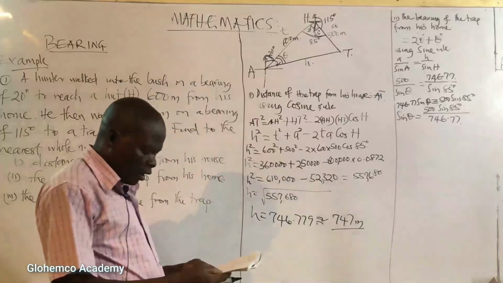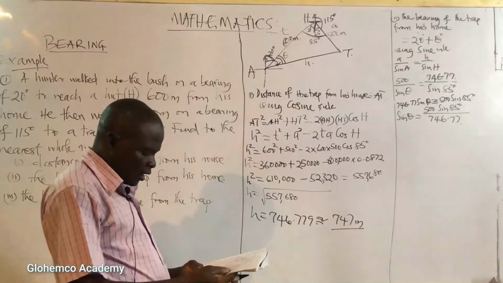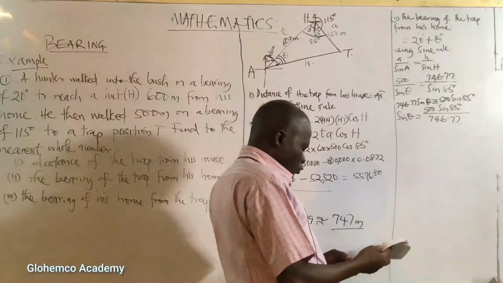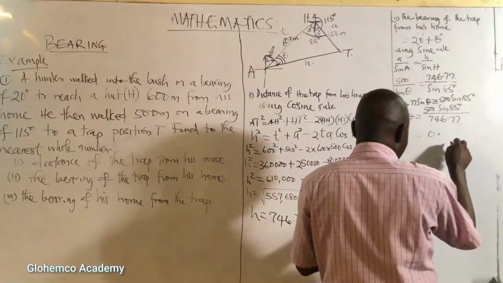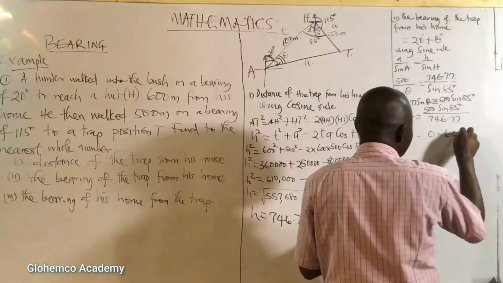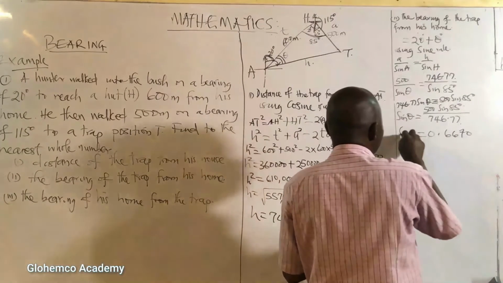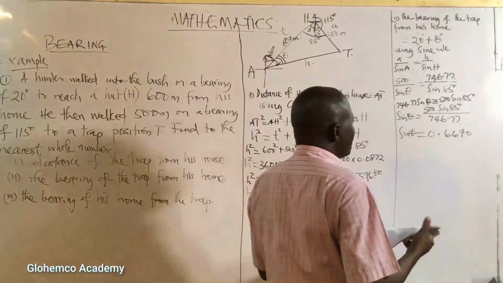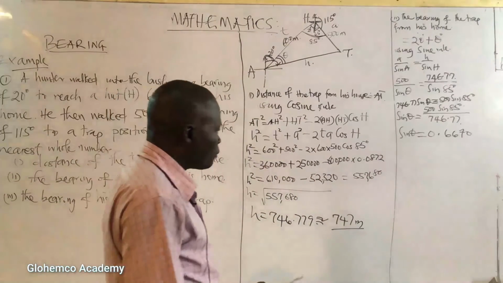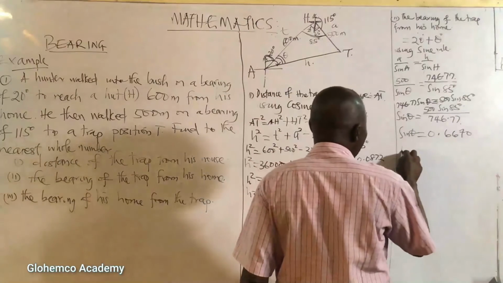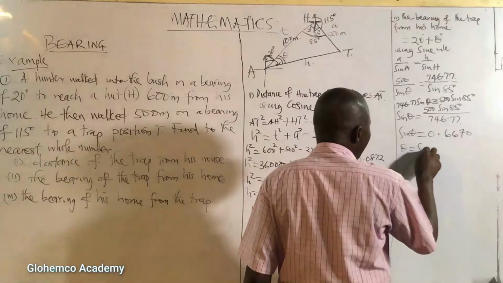By the time we work this out, we are going to arrive at 0.6670. We say sine theta equals 0.6670. Now when you get to that point, we say that theta equals arc sine